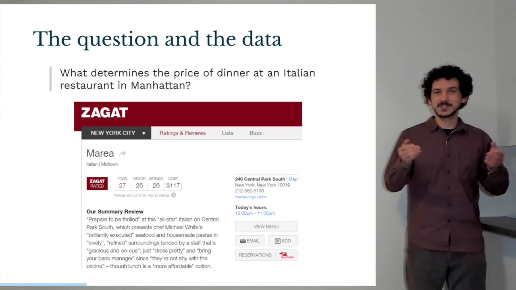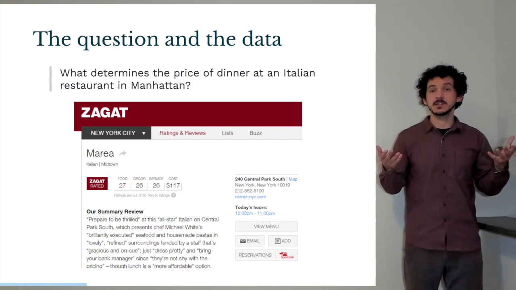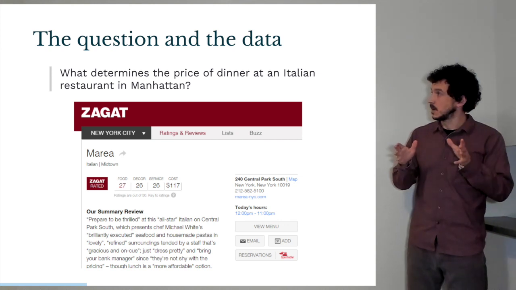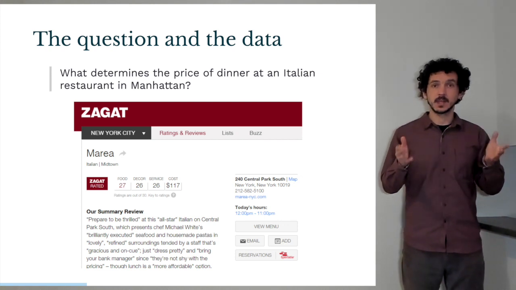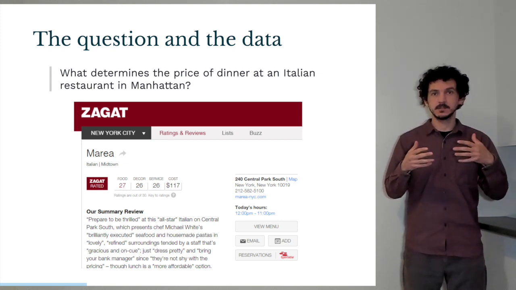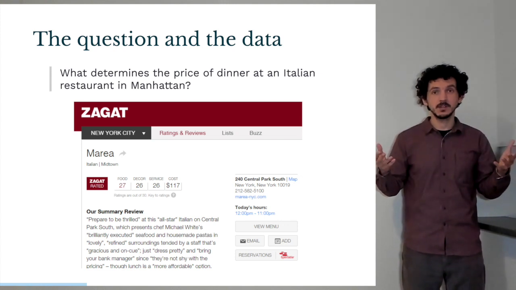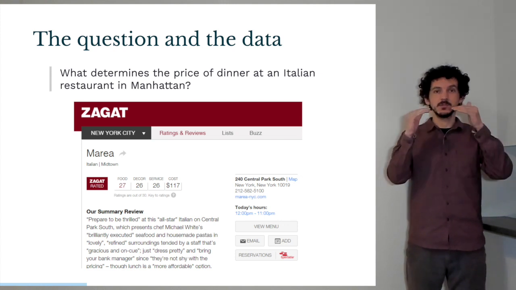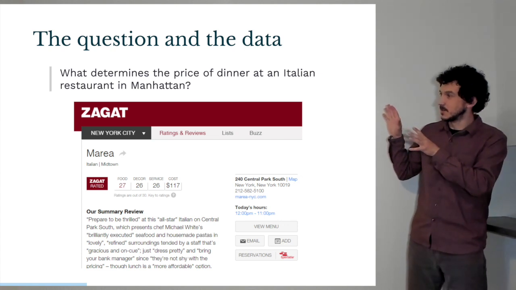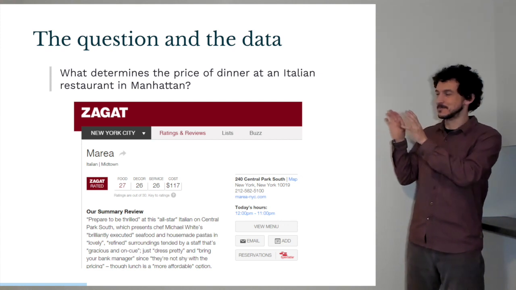I'm interested in this question, and admittedly, it's also guided by the fact that this is the sort of data that I have access to, so I could answer this question. So let me tell you a bit about the data here. The data come from a company called Zagat. If you're not familiar with it, Zagat is quite a bit like Yelp, but instead of amateurs providing their reviews, Zagat actually sends out professional, trained reviewers, and they review using a common set of criteria every time. So we can see here they went to a restaurant called Maria, and they have some summary text,